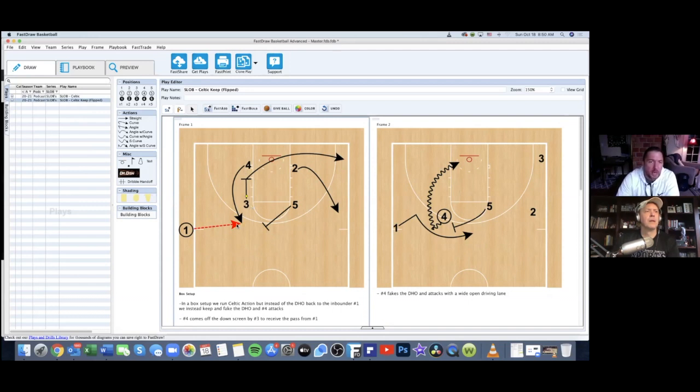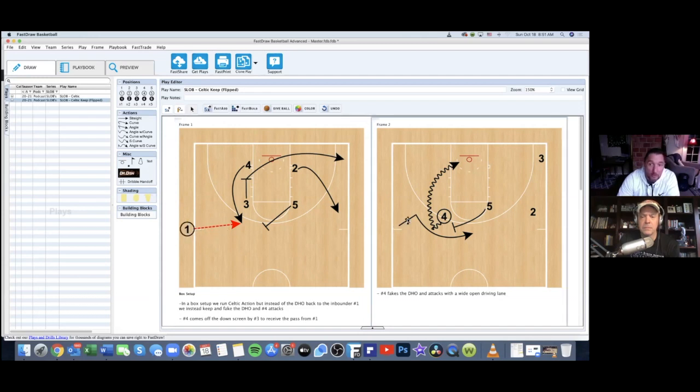But we'll pass the ball to number 4, 5 steps up to set a screen. The key thing here with 3, once they set the down screen, is we want to clear him out. And we want to clear 2 out too. So if you look at frame number 2 here, we got 3 and 2 with good spacing on the weak side. And instead of handing the ball off here,